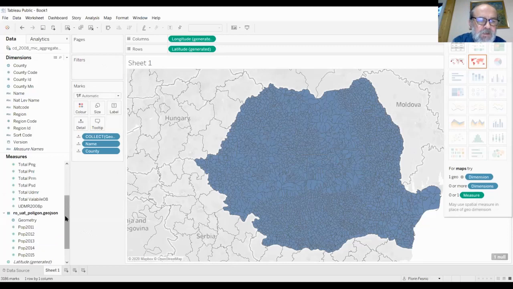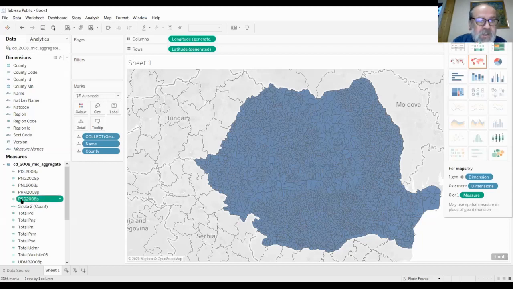Okay, and here we have election results. So let's say we choose the PSD, that's the Socialist Party, and percent of the vote in each of these units.